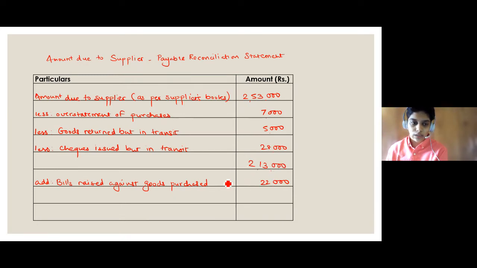And in these 2,13,000 that we have got after deducting the items, we have to add 22,000, which was for the goods that are in transit. So after adding this, we get 2,35,000. Now this 2,35,000 is the amount due to supplier as per